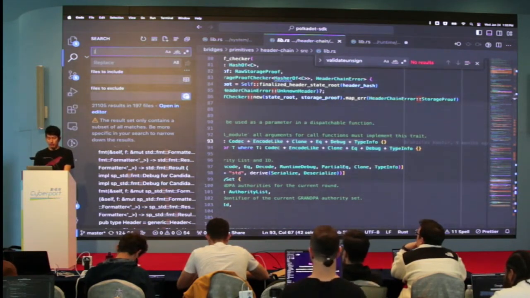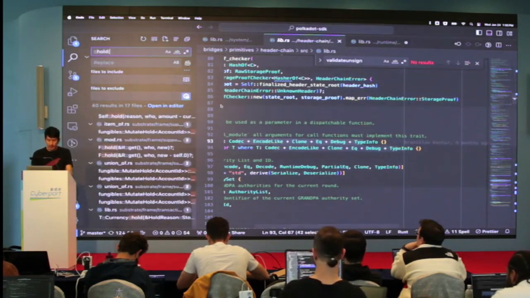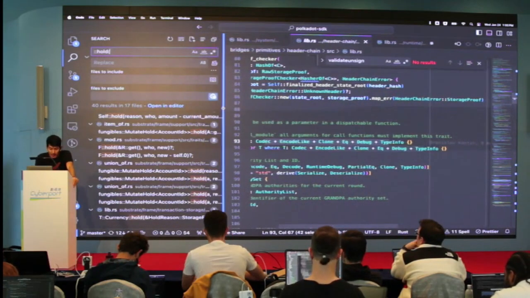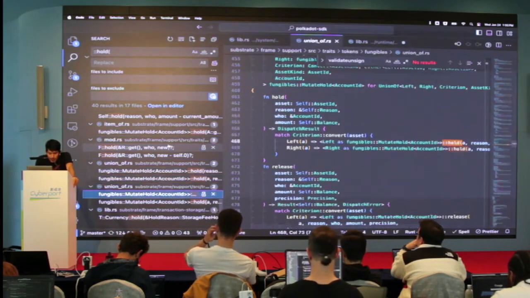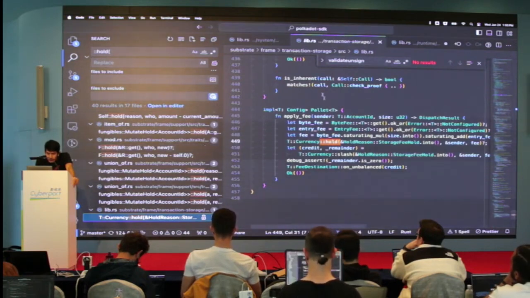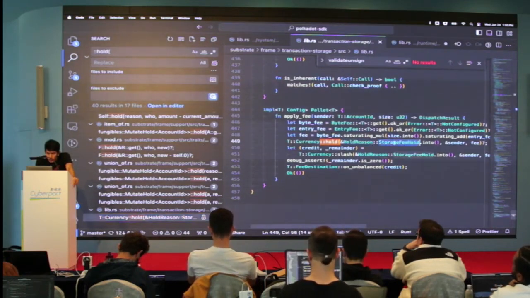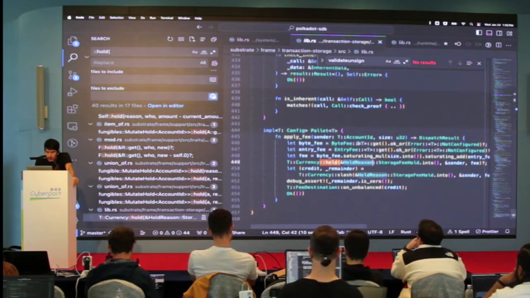So what I'm going to look for is where they called the hold function and see in the code base what's happening. Okay, so here. Let's see. Support, transaction storage, hold reason, storage free hold. So here is a pallet that uses hold and has a hold reason here. So this hold reason, where is this coming from?